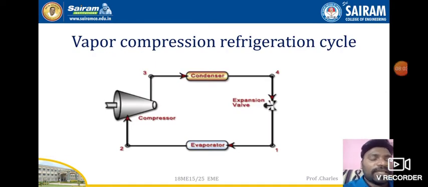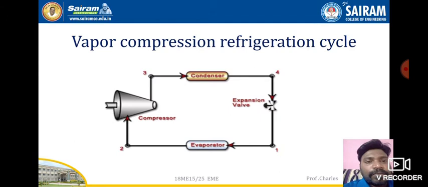So we will once again wind up. Before winding up, the working principle of the vapor compression refrigeration cycle: we will once again see the different states or conditions of the refrigerant throughout. So it will start from the first state. First it will be liquid state, and it will be low pressure, low temperature. Liquid will flow through the evaporator, and it will be converted into low pressure, low temperature vapor. So liquid will be converted into vapor, right?